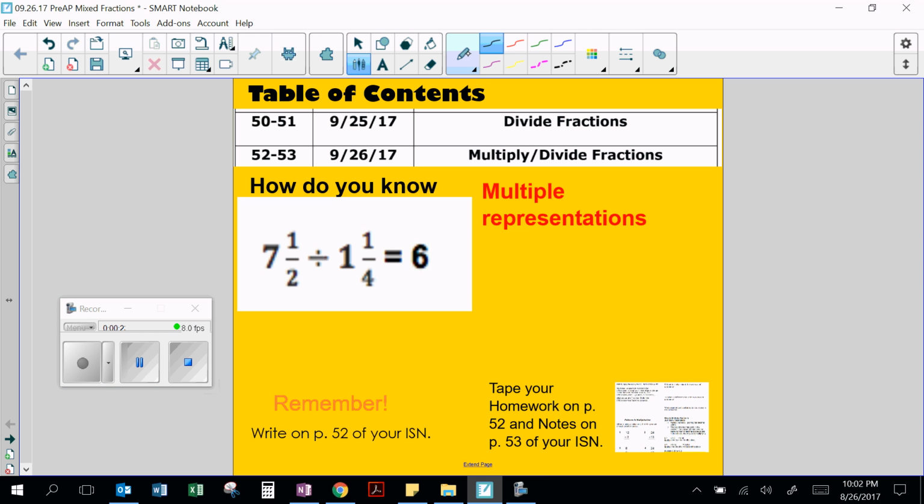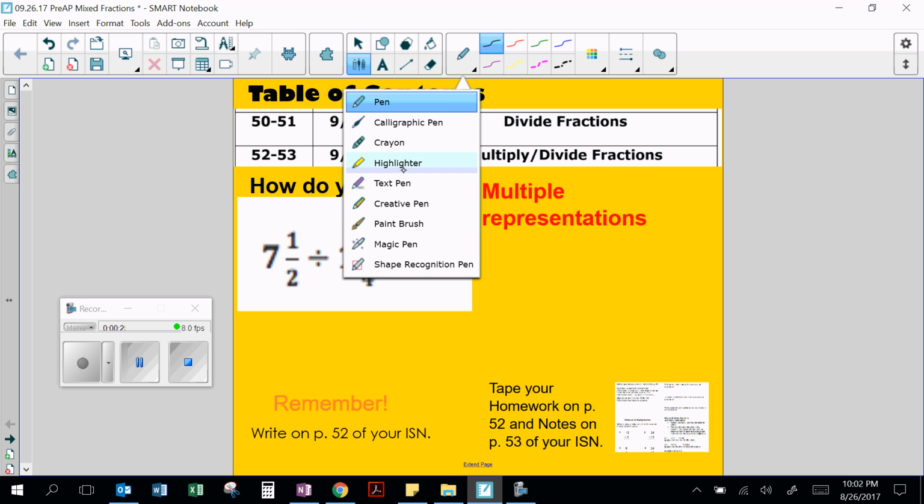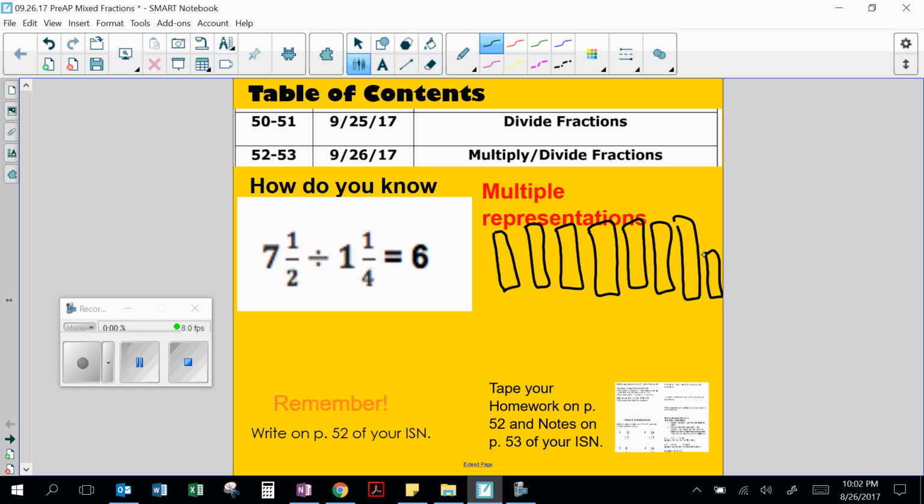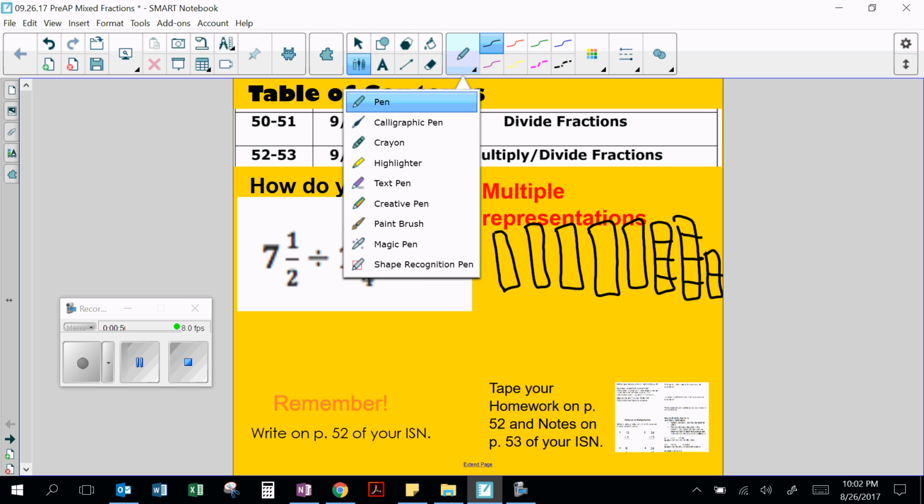Multiple representation. So I am going to draw a picture. I'll do fraction towers. So 2, 3, 4, 5, 6, 7.5. How many groups of 1 1/4 go into it? Let me divide these into fourths before I even begin. I might need this one. So let's, using my highlighter,